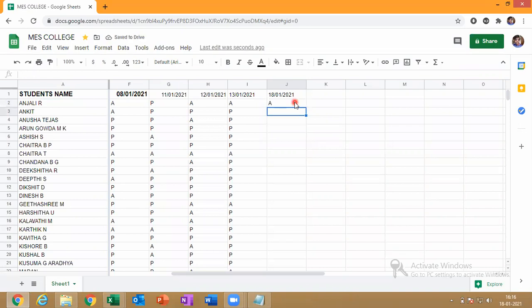Ankit, present, sir. Why is your mic not coming at all? Anusha Tejas, present, sir. Arun Gowda, Ashish, present, sir.